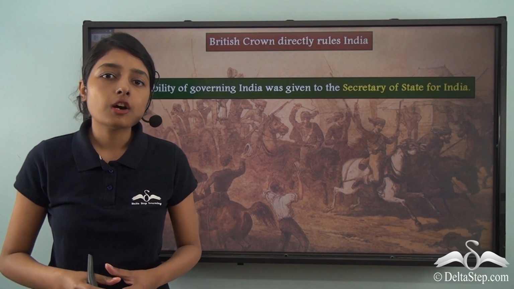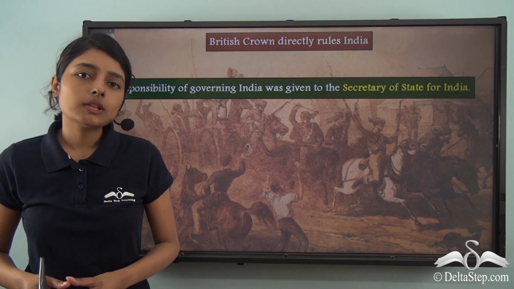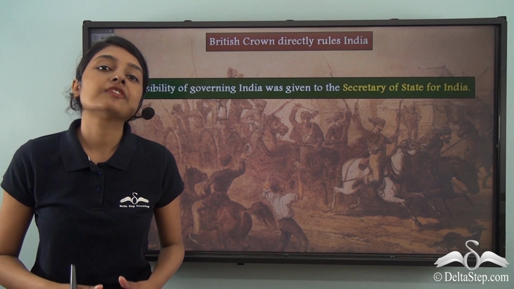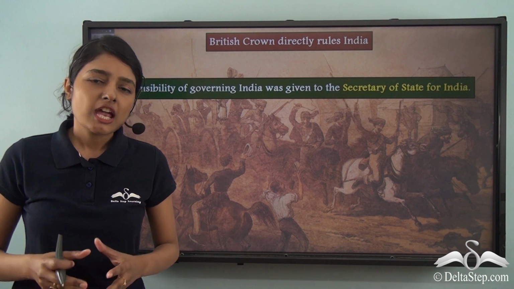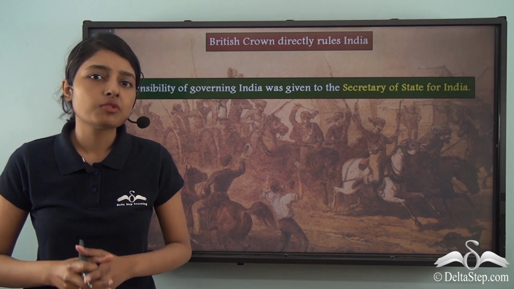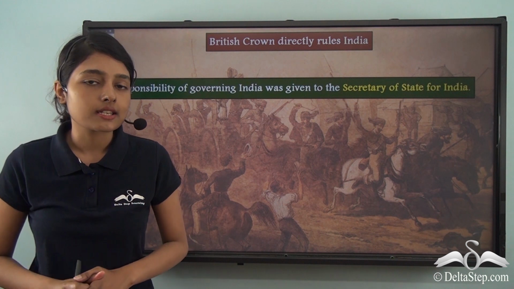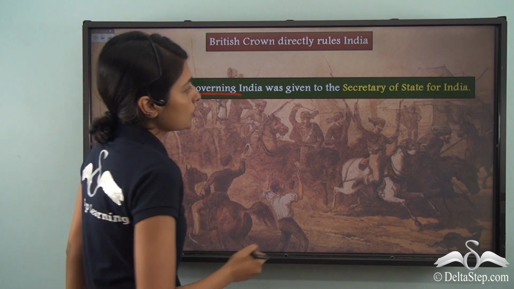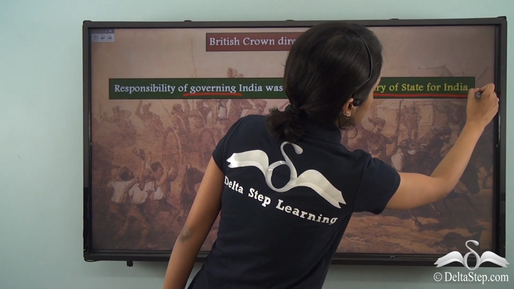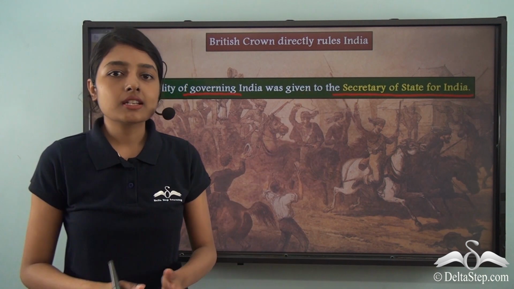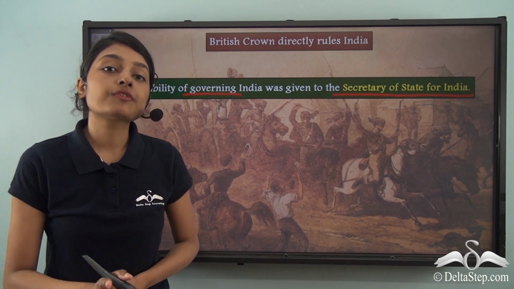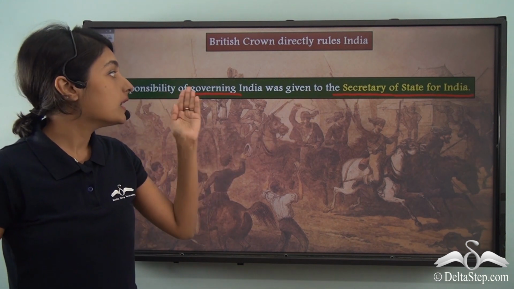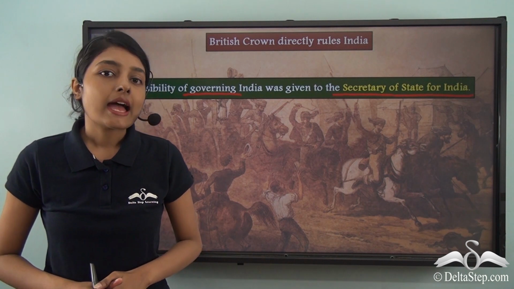Now the British Crown devised many strategies to rule the Indian subcontinent properly, because it was no longer willing to have its rule fail in the subcontinent. It was wanting to strengthen and further re-establish its rule in the subcontinent. And to this end, the responsibility of governing India was allotted to the Secretary of State for India. So the Secretary of State for India was a member of the British Parliament, and this member of the British Parliament was appointed to govern India properly. And after that,